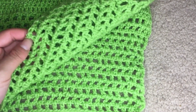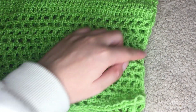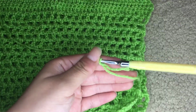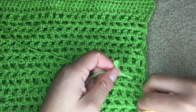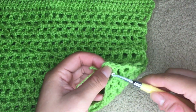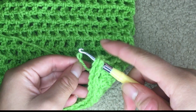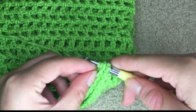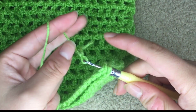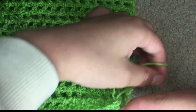Once you have done 2 rectangular pieces of crochet for each side of your bag, we are going to connect the edges together. With more green yarn, I made a slip knot, and to connect them, I started off from one of the corners of my bag, and I'm going to insert my hook through both of them, then slide my slip knot onto my hook and pull it through. And now I'm going to